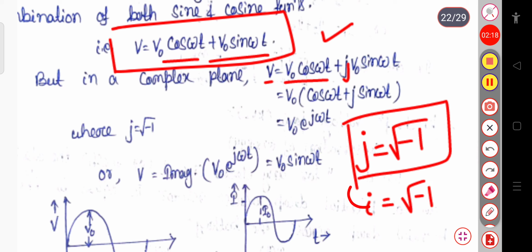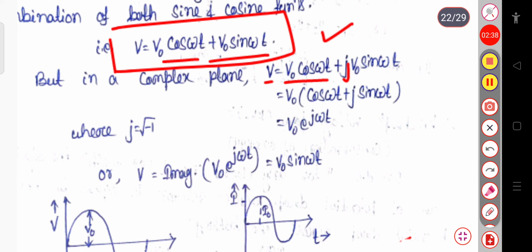This iota here, we are representing as j, because in case of the alternating current, we will consider this small i as the current, and in case of the direct current, we will consider capital I as the direct current. So here simply the imaginary number, that is j equal to root over -1. So here the potential V can be written as the summation of V naught cos omega t plus